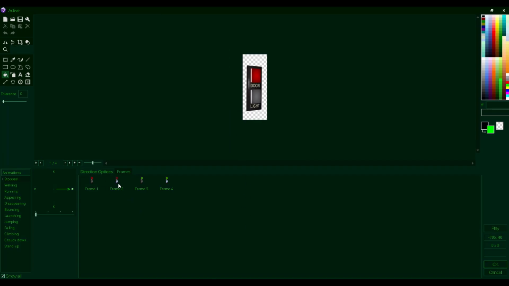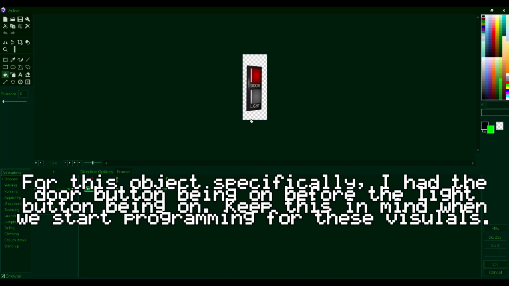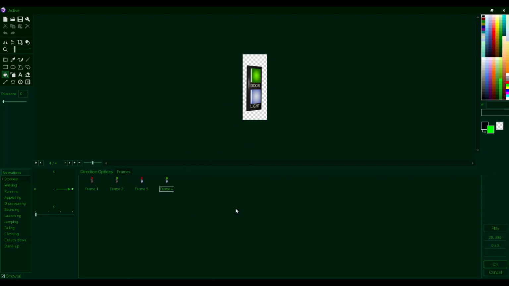Okay, so once you've imported all these in, I'm actually going to move this over here. You should have a state for each variable, for example, because let's say that your door and light buttons are the same object, then this will apply to you specifically. So we need a state where they're both off, a state where each one is on, and then a state where they're both on. Before we move on, in direction options, we need to actually change a value here,